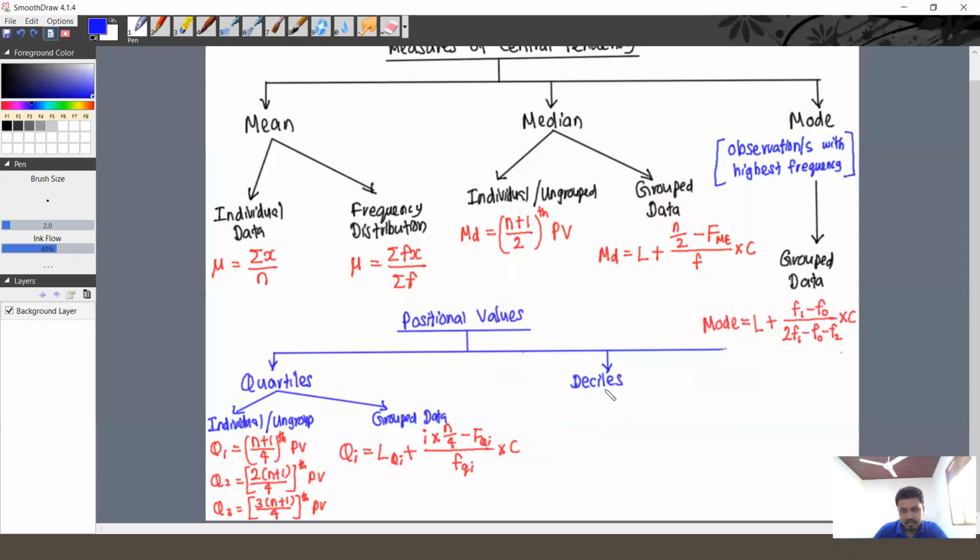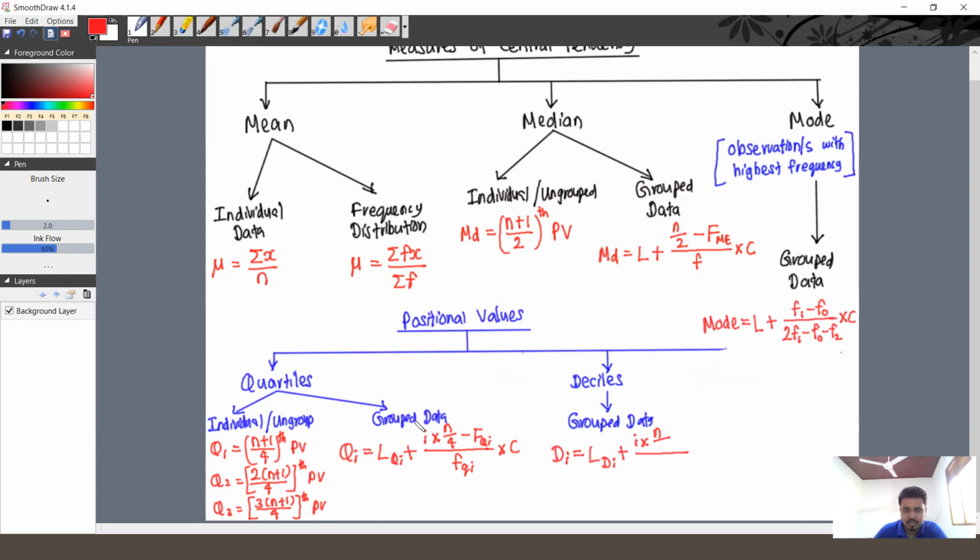If it is a grouped data set, this is also similar to how we calculate these quartiles, but I will write it here. Di means it can be D1, D2, D3, D4, D5 up to D9 decile values, equals L Di plus i into n divided by